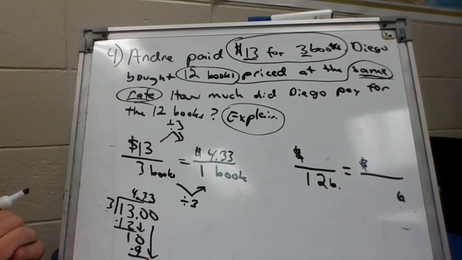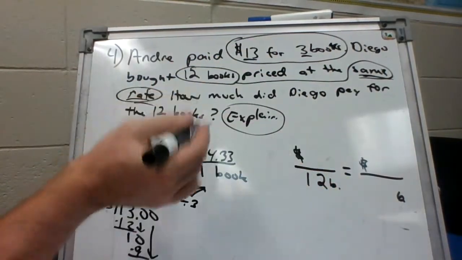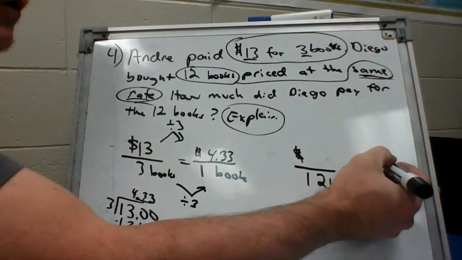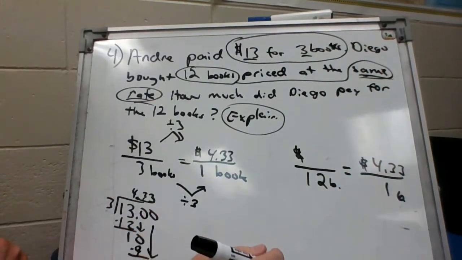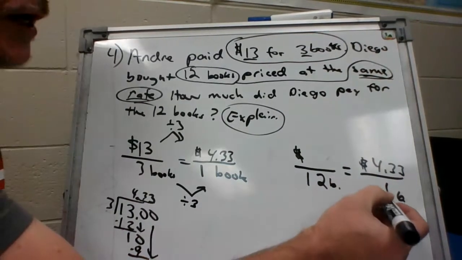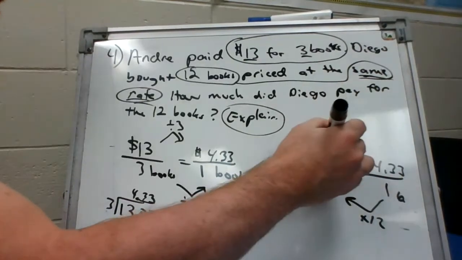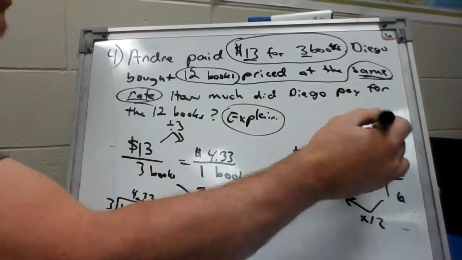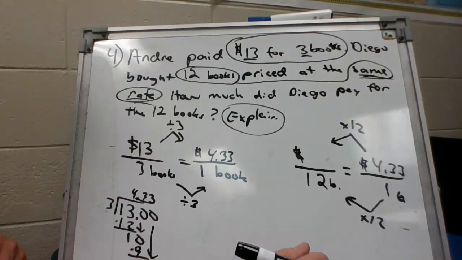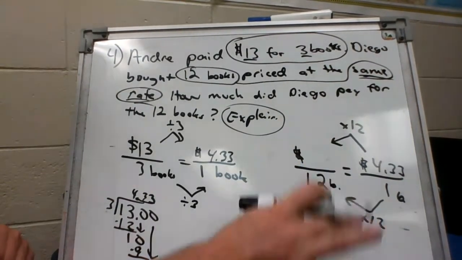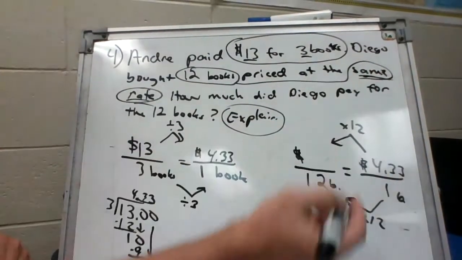for each book, okay? Now, here it said about 12 books at the same rate. Well, we've got to figure out what that rate is. So we know $4.33 for 1 book. Now what do we got to do to get from 1 to 12? Well, we know we got to multiply by 12 because we're going up. Sometimes, with fractions, just because you multiply, you're not going to go up; you can actually get a smaller number. But here with whole numbers, 1 times 12 is 12. So we've got to multiply